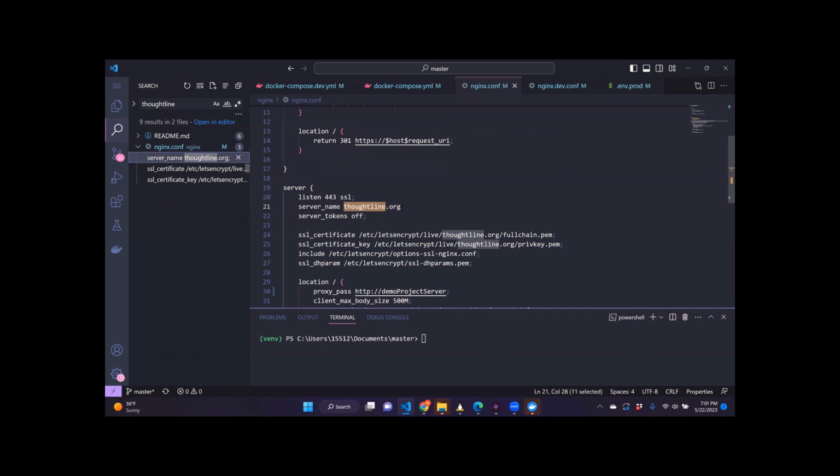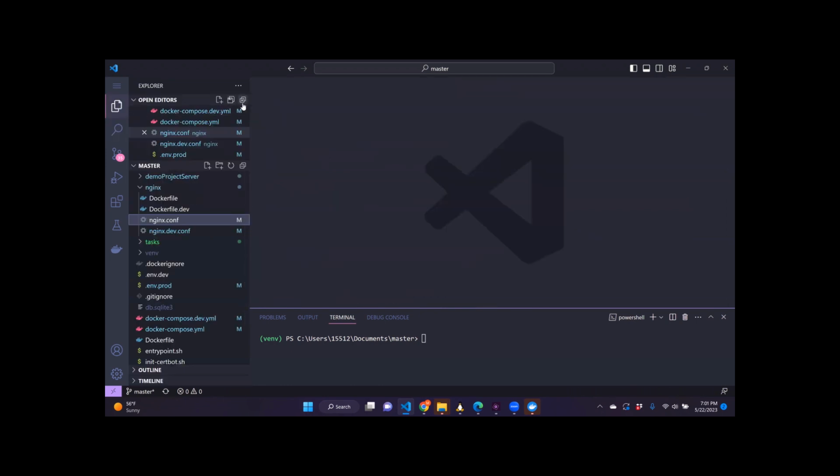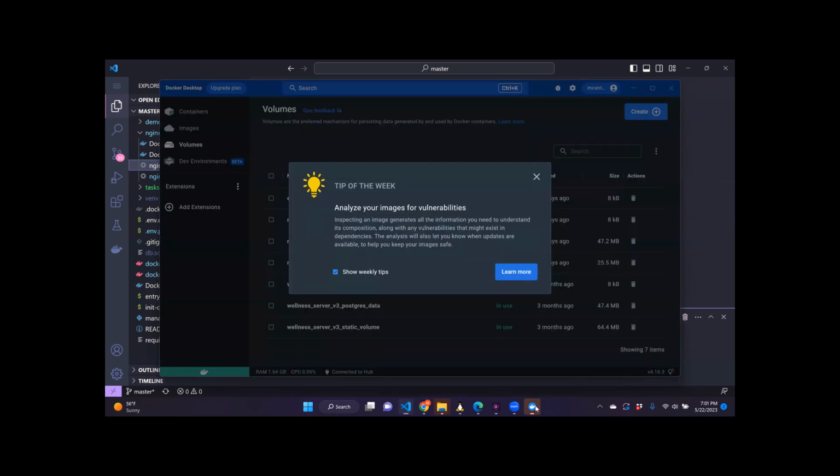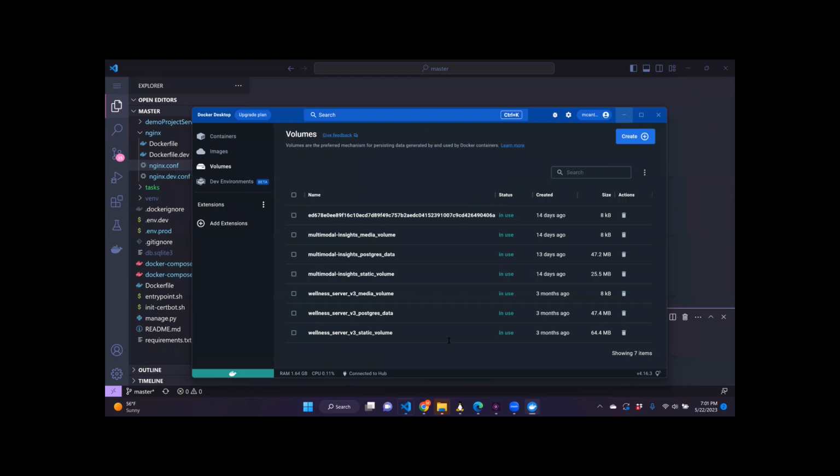We just now need to change the Nginx conf file. So we'll do multimodalinsights.com. That's going to need to get changed, the SSL certificate location, that is. And now we should be good to go. Yep, all those come up for that. So yeah, now we have Docker Desktop up and running. So we'll run